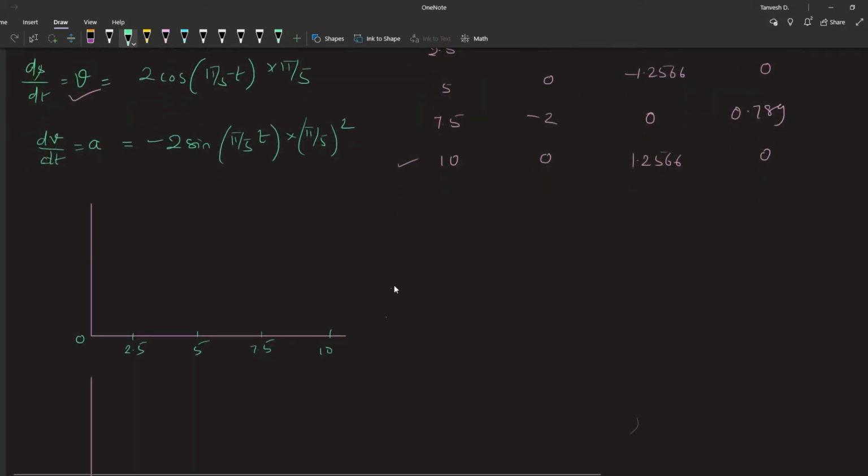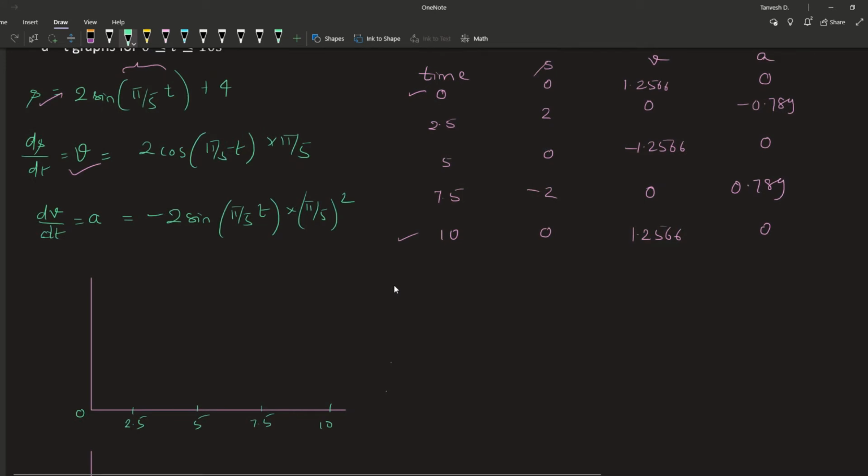The displacement time graph will be, since it's a sine curve, we can predict how it is going to look on the graph. It is a sinusoidal curve and it has an intercept of 4, so it will be starting from y equals to 4. So here, yeah, we have to actually add 4. I guess in that equation that 4 was not added, so this will become 6 and this will become